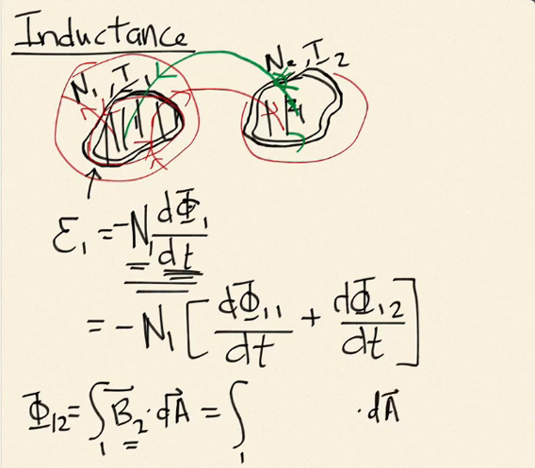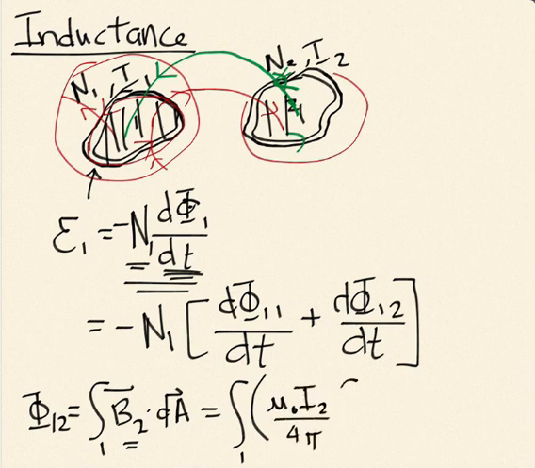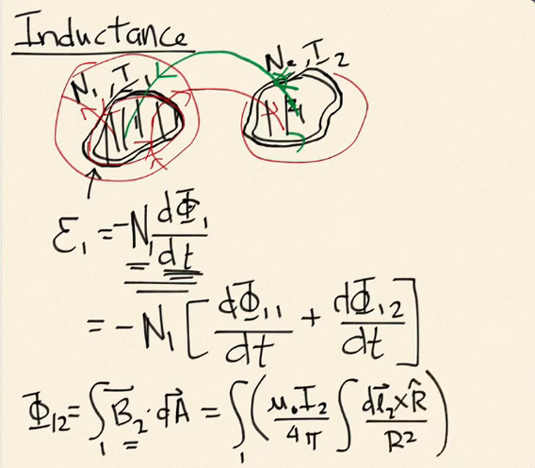And so I can replace B2 with another integral, which will go like mu naught I2 over 4 pi. I didn't give myself enough room. Let me move this over, and I'll write the dA in the end. So the magnetic field B2 can be written as mu naught I2 over 4 pi times the integral of dl2 cross r hat over r squared. Now dot dA. Let me call it dA1 here, just to be clear,